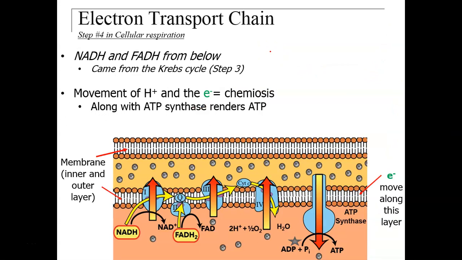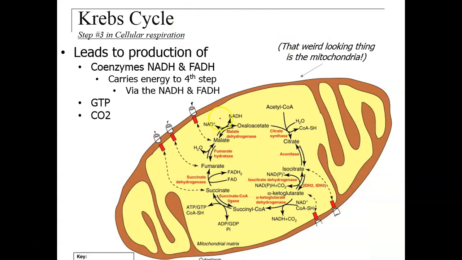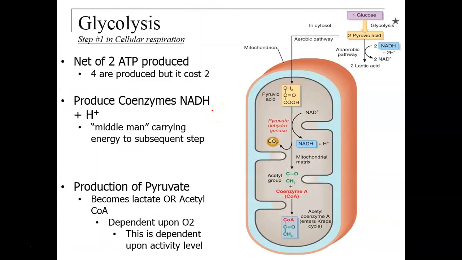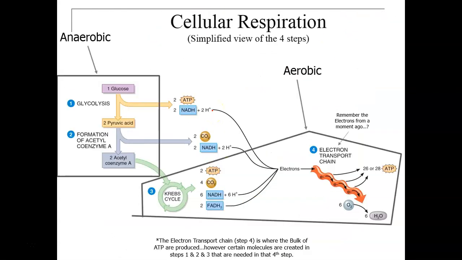This is the 4th step in cellular respiration. Remember there was the first step, glycolysis, which led to the production of pyruvate, and then the second step was pyruvate getting converted into acetyl-CoA. Acetyl-CoA then gets plugged into the Krebs cycle. From the Krebs cycle, I forgot to point out FADH. Let me back up. Remember how I mentioned there are certain products, for instance, NADH,